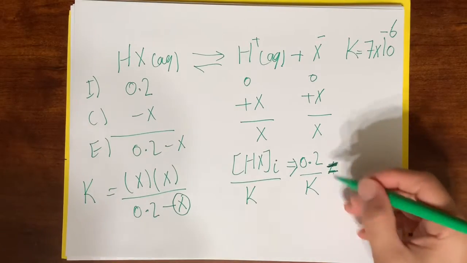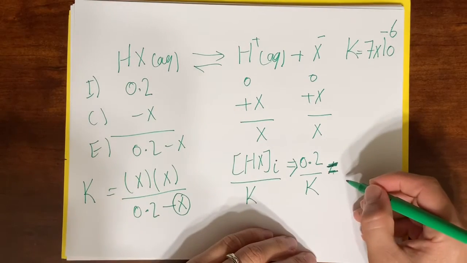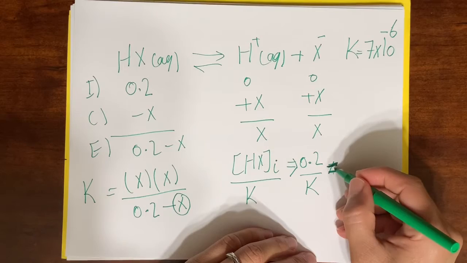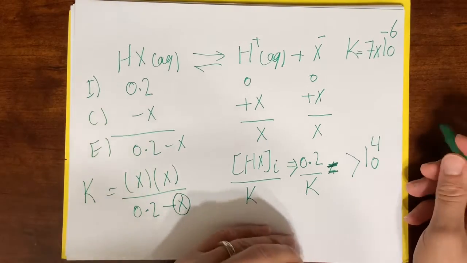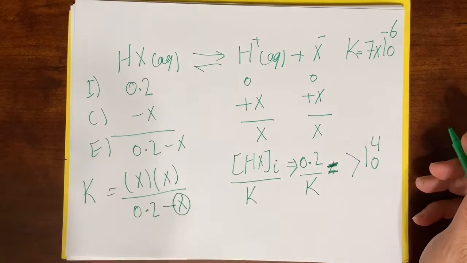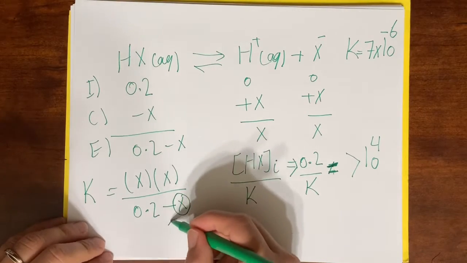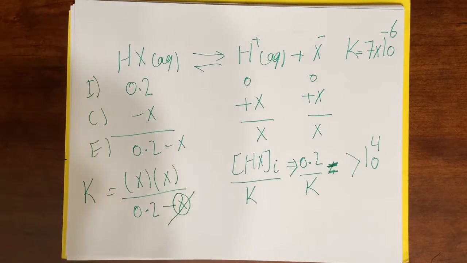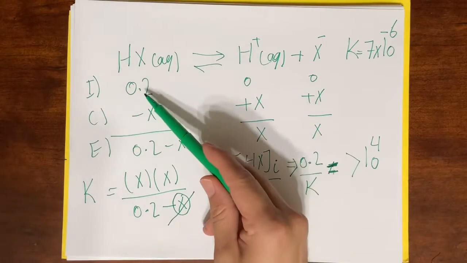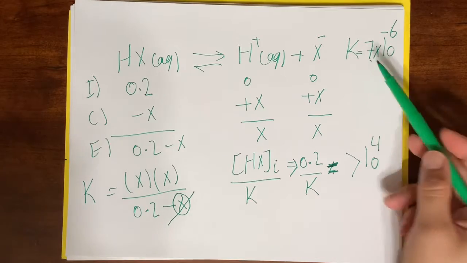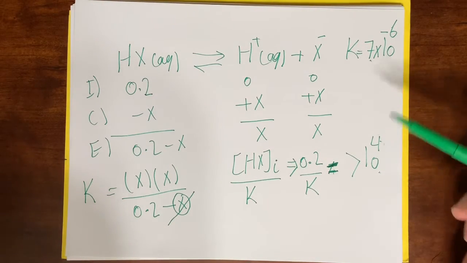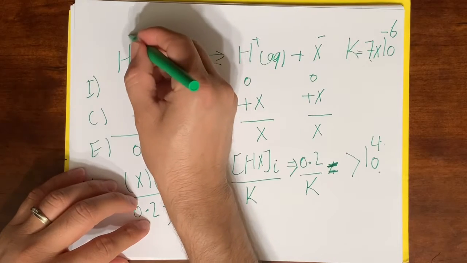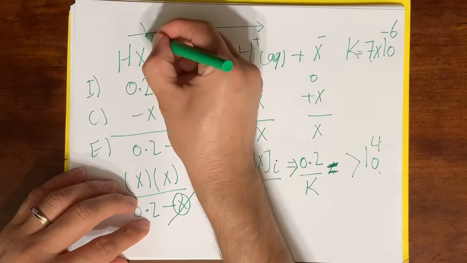If the ratio between them is bigger than 10 to the power of 4 or 5, there is a high chance that you can ignore x. So if the ratio between initial concentration and K is 10,000 or higher, that means this reaction does not move